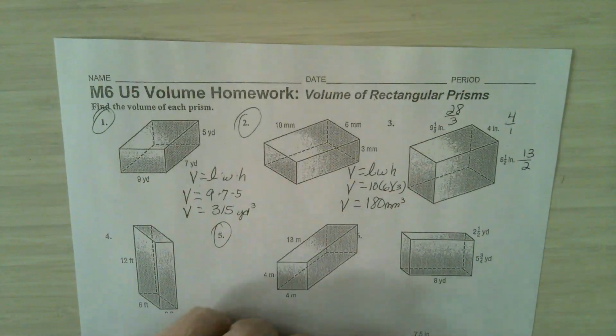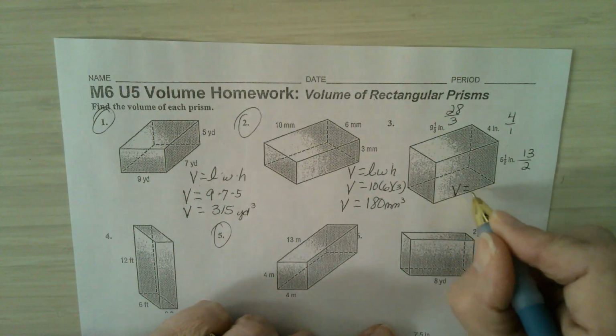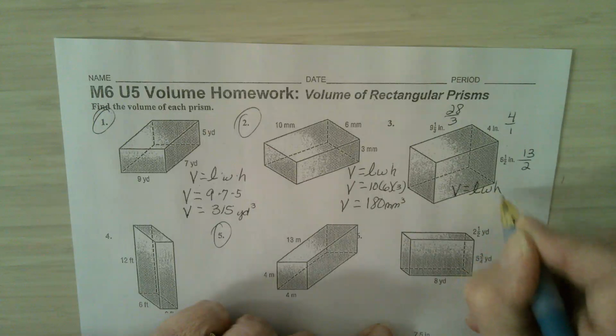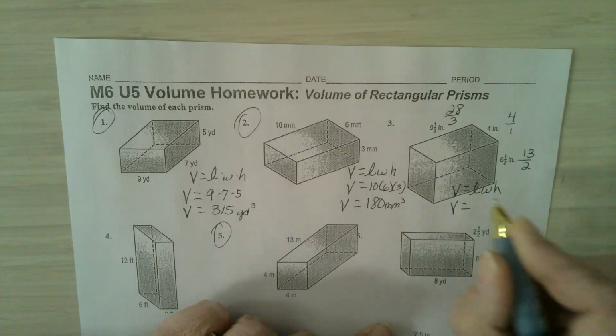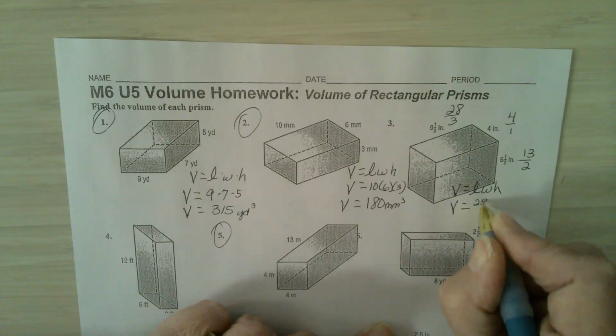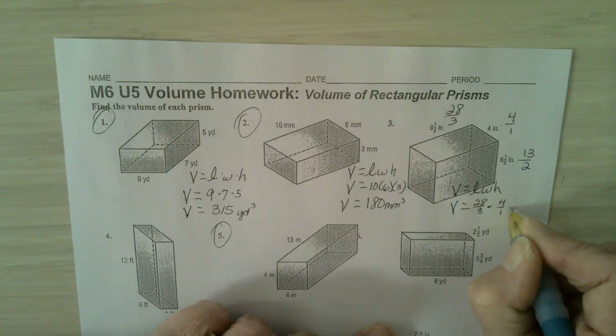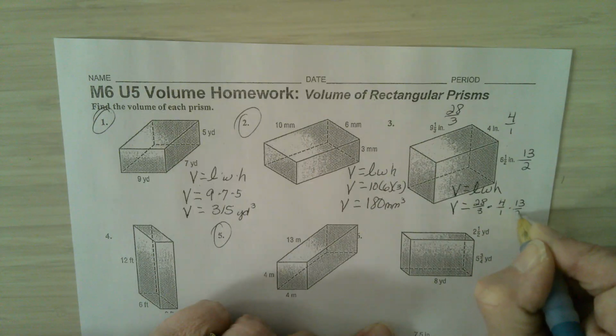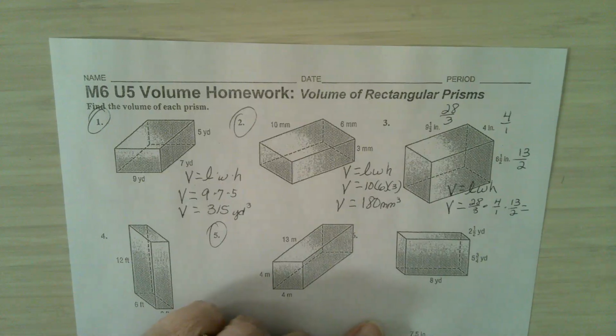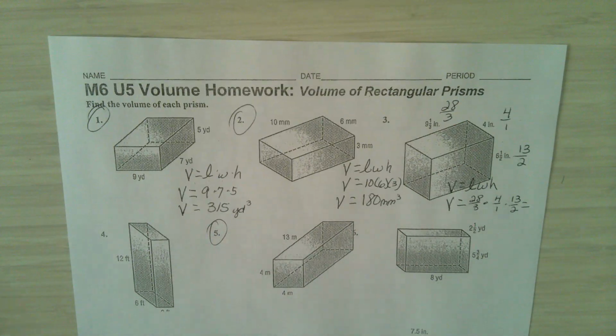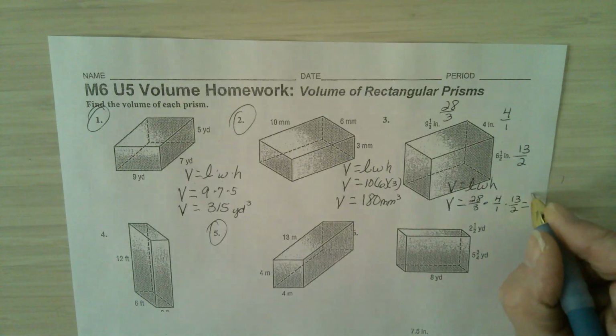Now, volume equals length times width times height. Now we're going to do our substitution. 28/3 times 4/1 times 13/2. Now you're allowed to use a calculator. So when you take 28 times 4 times 13, you're going to get